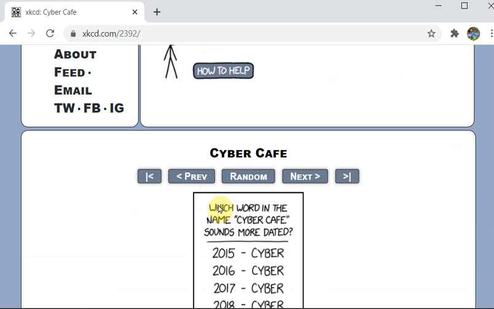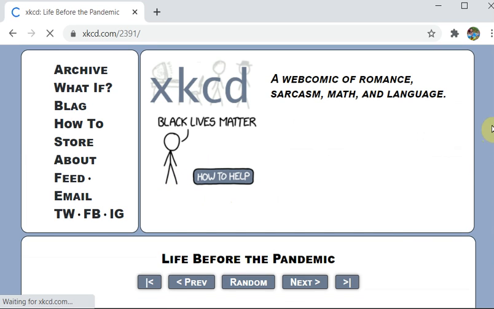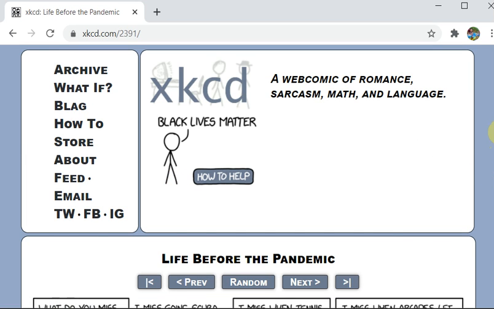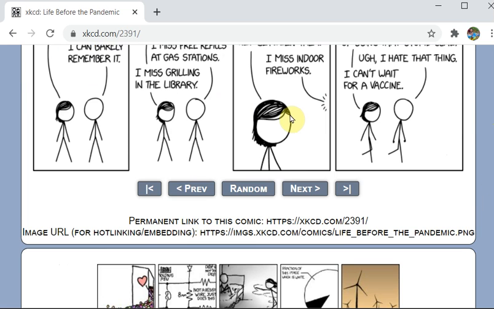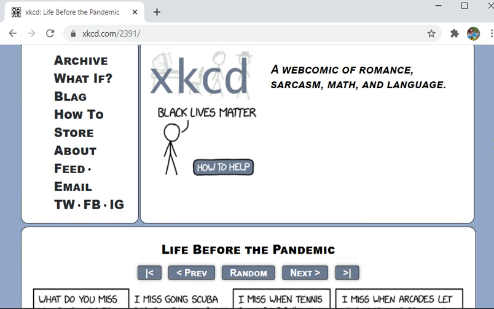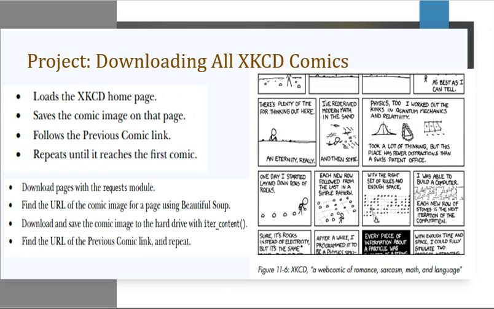Again, if you want the previous one, you have to click on the previous button and save it again. Like this, each one you have to do. So instead of doing this, let us have a script which is going to do the task for us. That is the example we are going to see here.